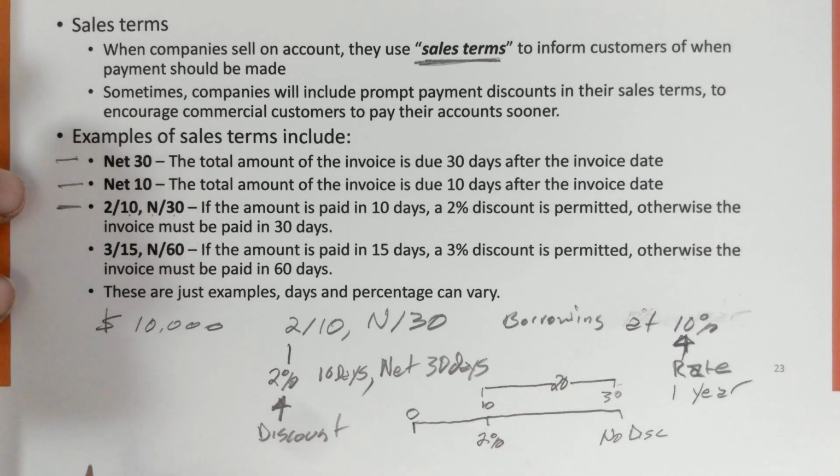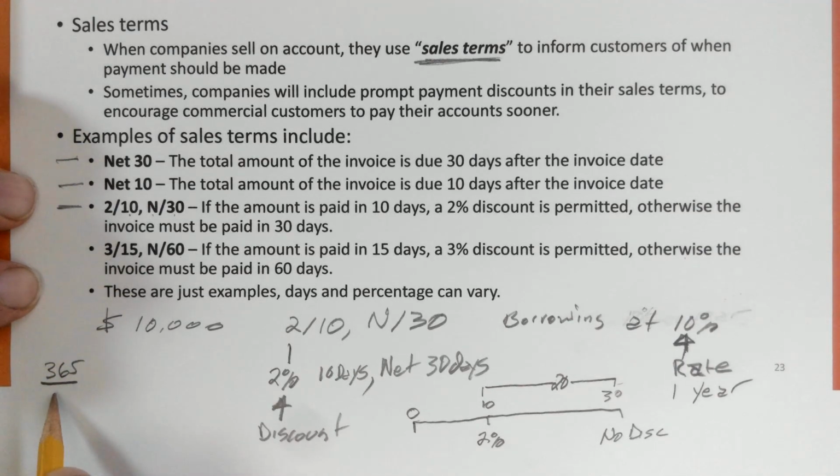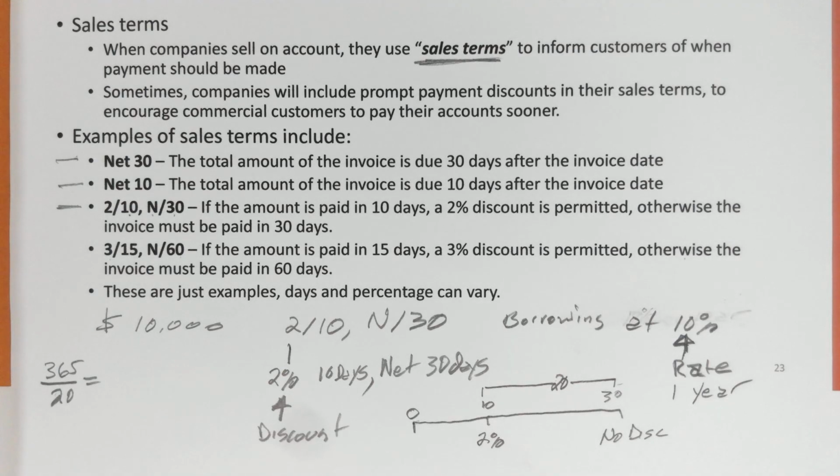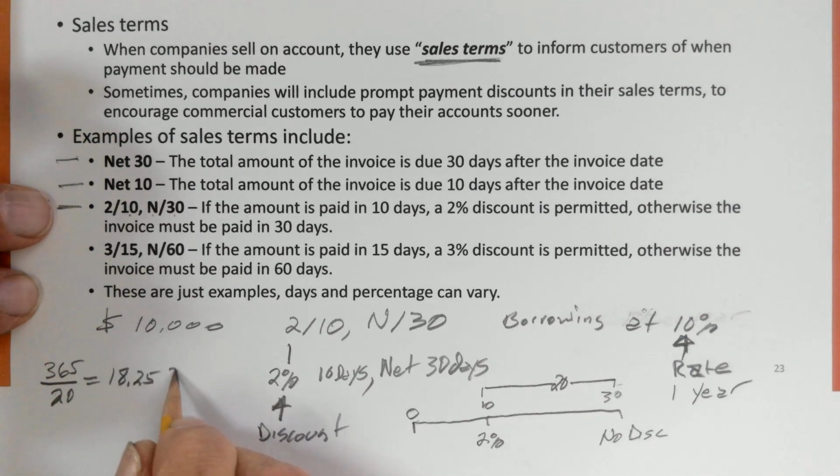Well, if we take 365 days divided by 20 days, how many 20-day periods are there in a year? So how many 20-day periods are there? Well, as it turns out, there are 18 and a quarter 20-day periods